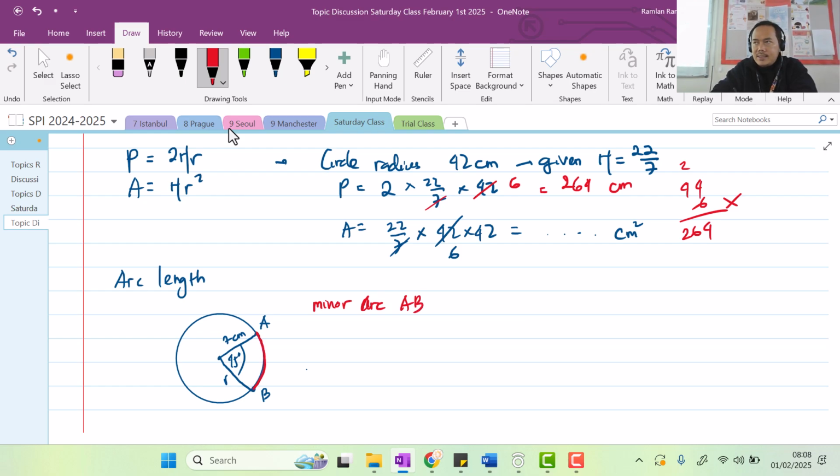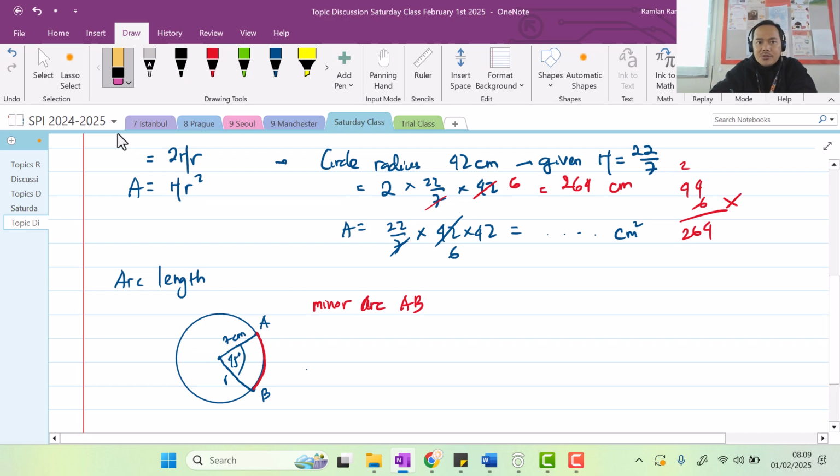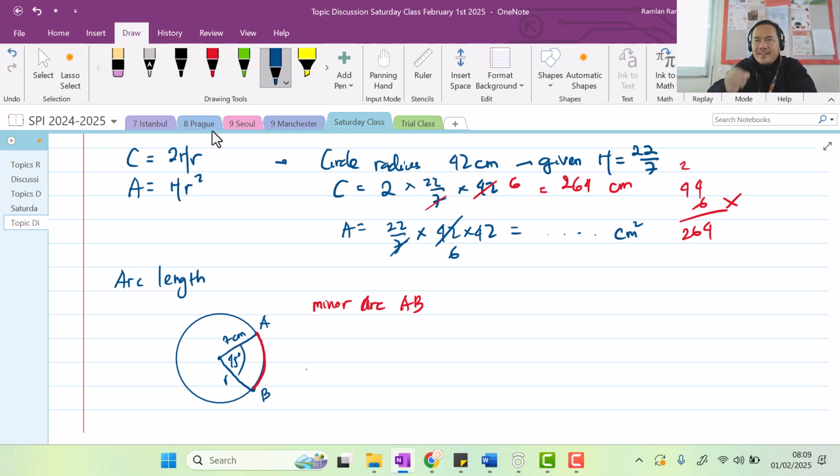Remember that this is just a part of the circumference of the circle. Here it's actually not called perimeter, but circumference. Circumference is the English word for the perimeter of a circle. Now, the minor arc or arc length is just the angle divided by 360. Why 360? Because one full circle is 360. The angle that forms the arc, divided by 360, multiplied by the circumference. We already know that the circumference is 2 pi r, so we can just write it as 2 pi r.